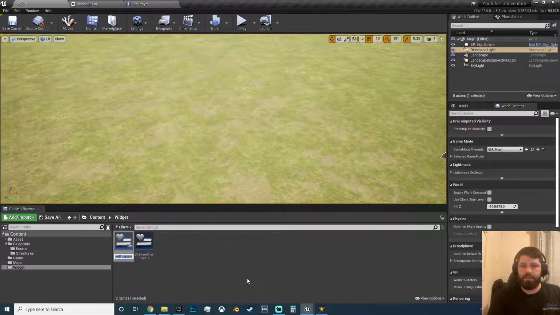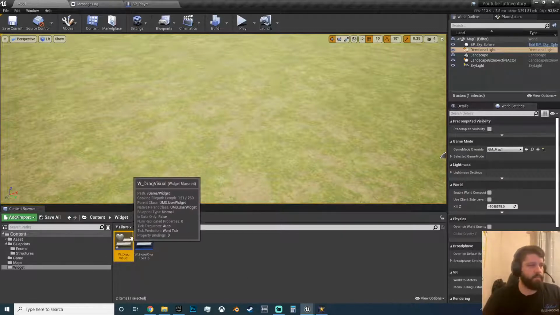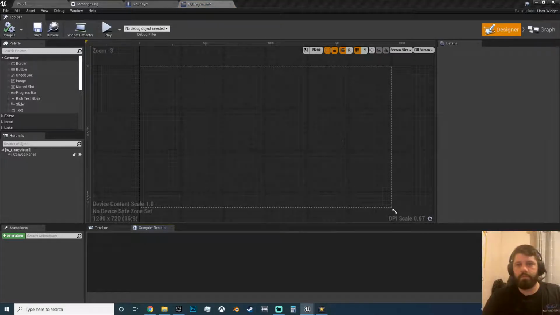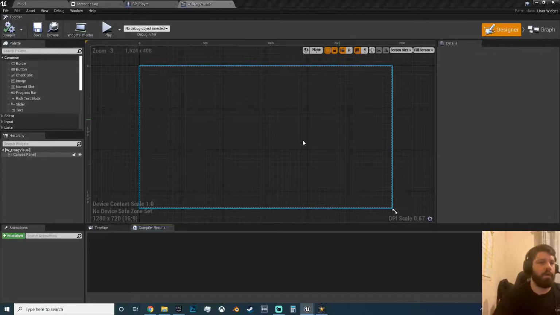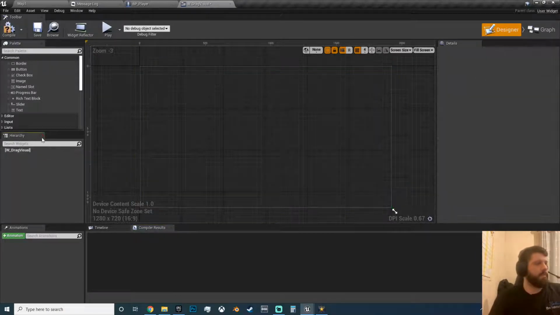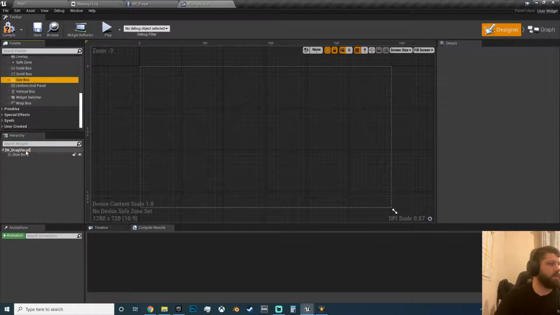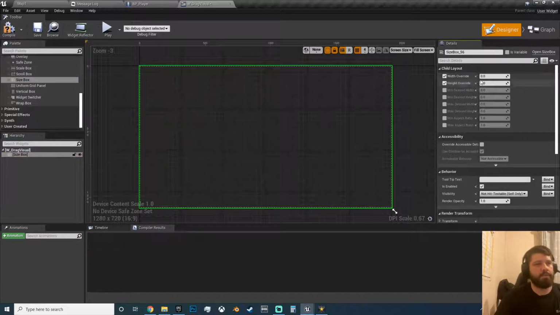Widget blueprint. This is widget underscore drag visual. Open this up. I'll open mine up, move my camera out the way. So in here, get rid of the canvas panel, very quick, size box, override it, go 100 by 100,